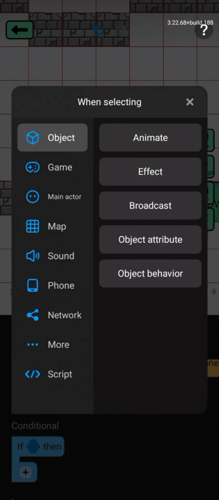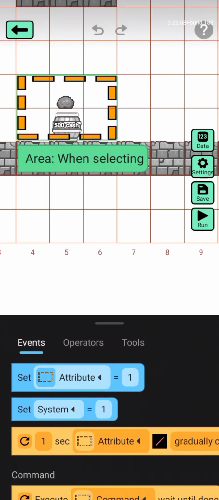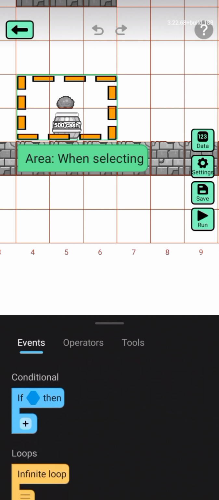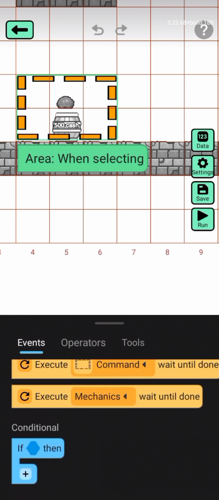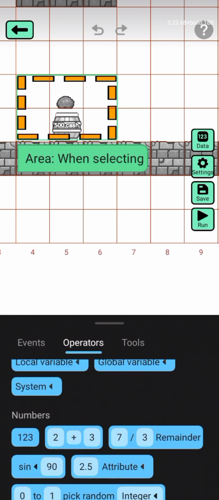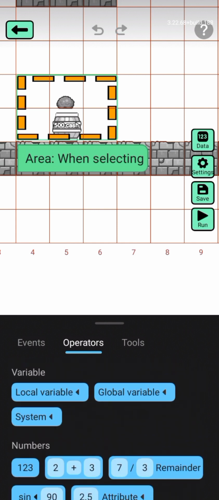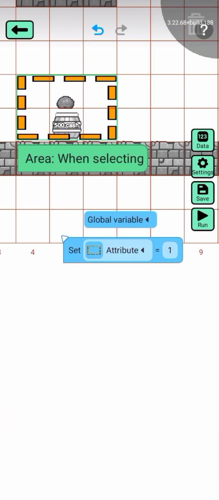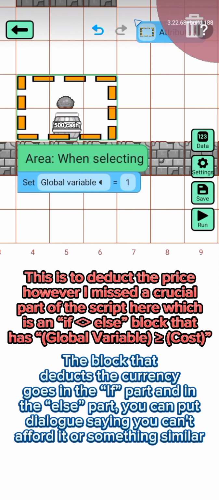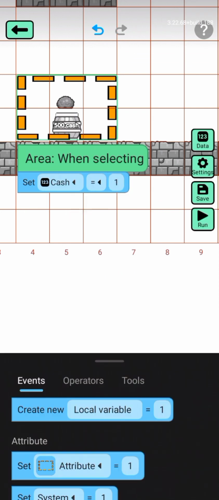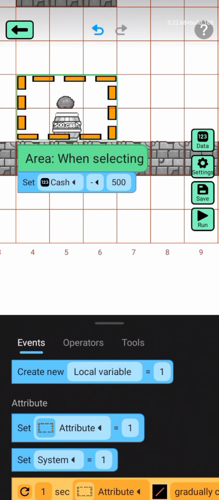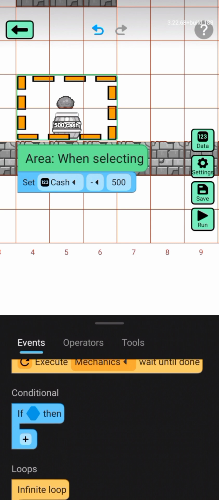Now, when you add the yes option, press the script. Now it will set. Sorry, it will minus the global variable, right? So it will decrease the global variable. Sorry. So cash minus whatever your cost is, which will be 500. And then